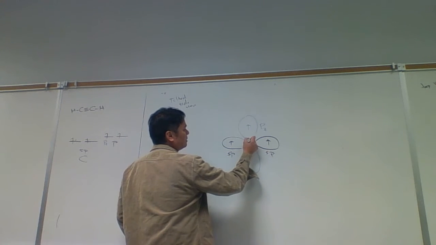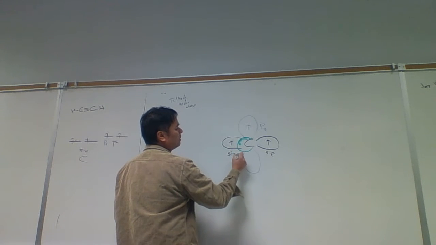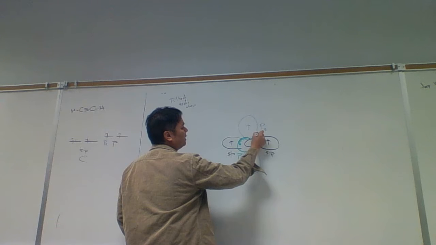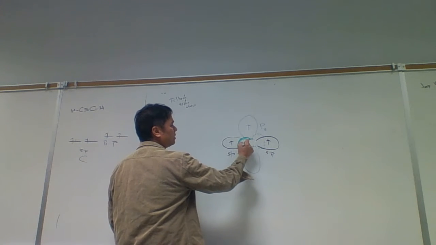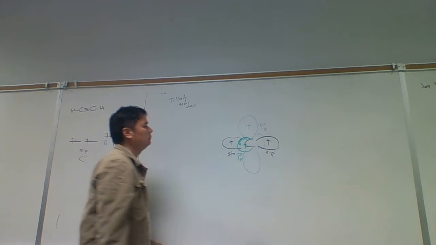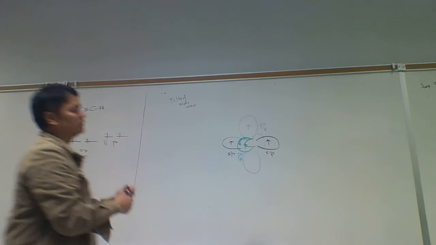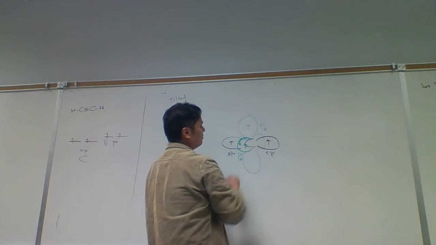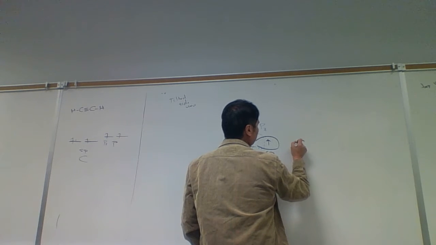And so this is what I mean by tilted. And so I'm going to have the pz one lobe come out like this, and the other lobe go in. And then I have one electron in the pz. Just tilt it kind of at an angle so we can see a little bit of the side of the pz orbital. Now the other carbon is exactly the same,